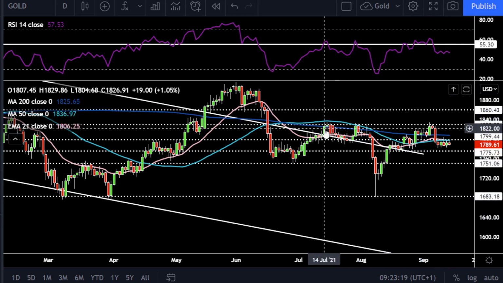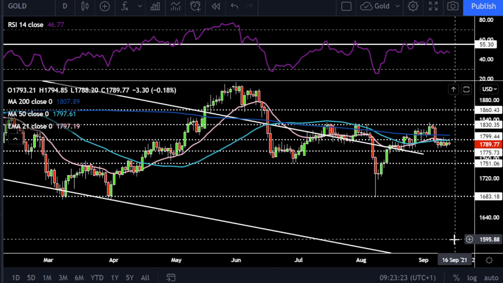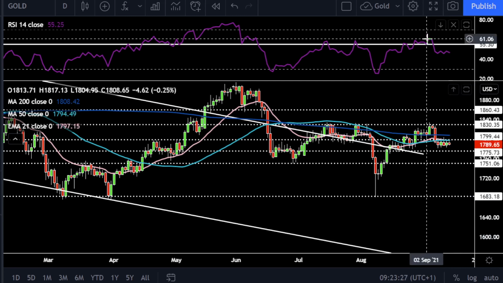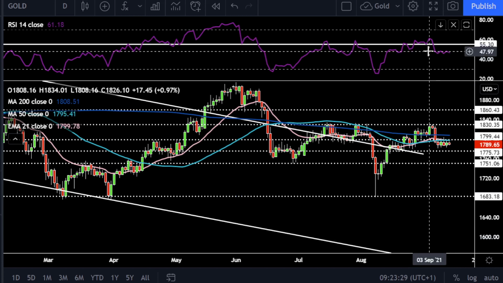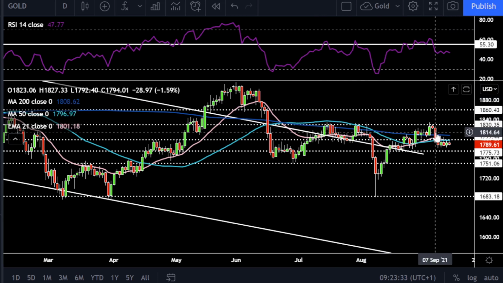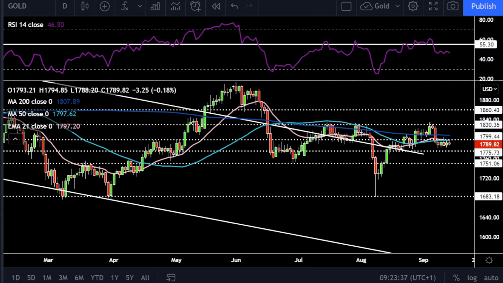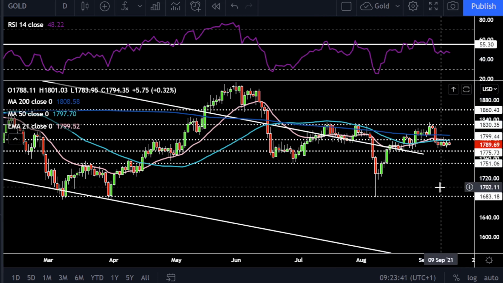I did say I'm a bit worried that we could see a triple top playing out here, as that $1,830 resistance seems very strong and gold's really struggling to overcome it. The RSI is back below that 55.60 level, which has marked previous price rallies on those tops too. It's sort of just in no man's land at the moment, at 46, and prices in this very tight range between